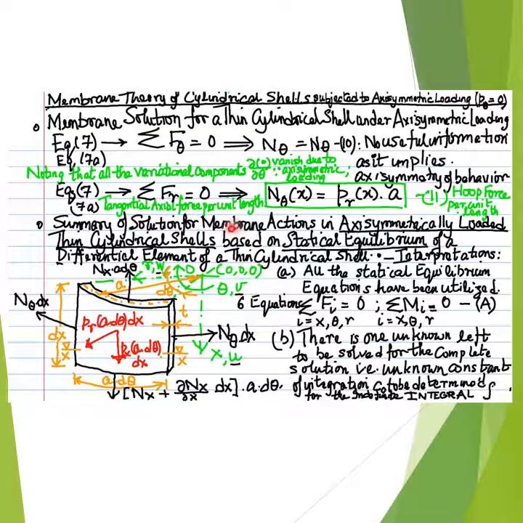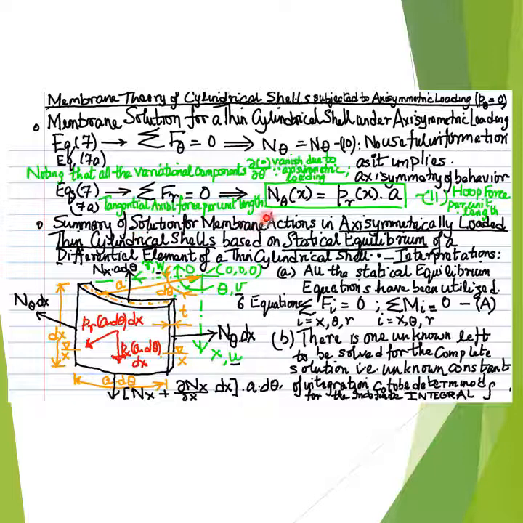It is worthwhile to note here that the tangential axial force n theta x is more commonly termed as the hoop force, and thus equation 11 expresses a relationship or mathematical formulation for the hoop force per